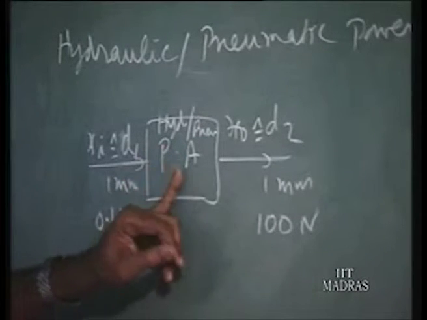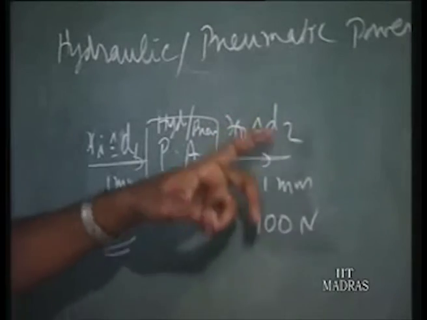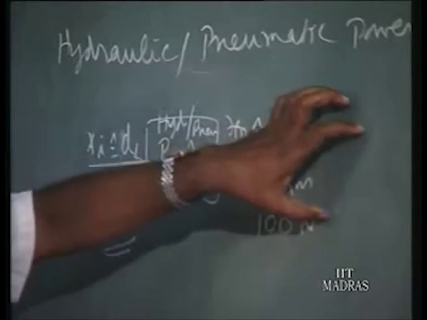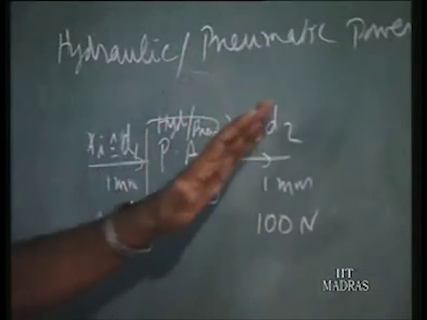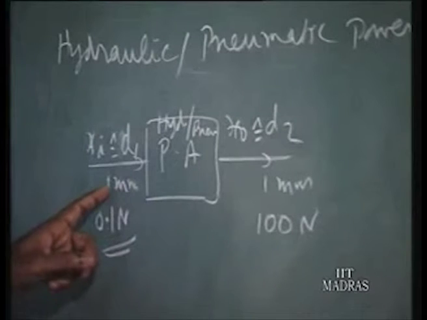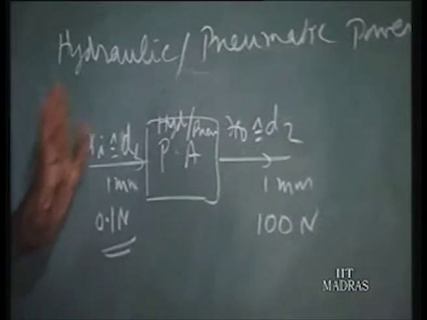So that is the use of the power amplifier. Even though the displacement is the same, the energy level is very large. Hence, when I use this force to actuate a valve or move any big mass, we can use it. Whereas this displacement cannot move any mass or overcome any resistance. That is the main use.